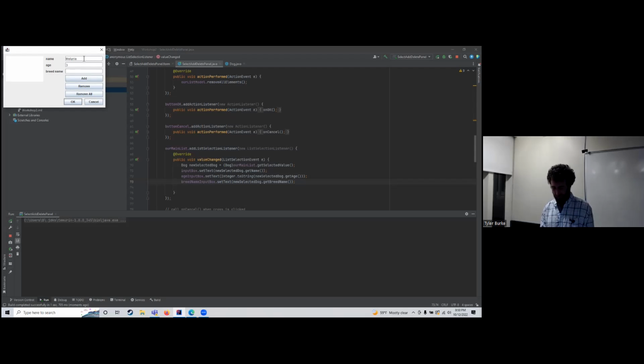Breed name is Golden Retriever. Why is that so hard? And we add, so we have a dog named Melanie. When we click Melanie, all the data gets added in here. So this is not fully working as an update button yet, though. However, because